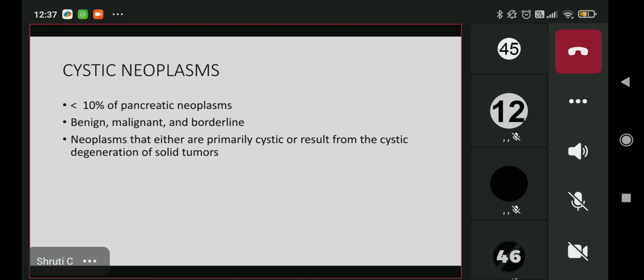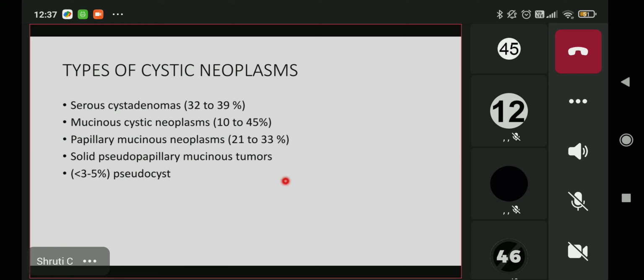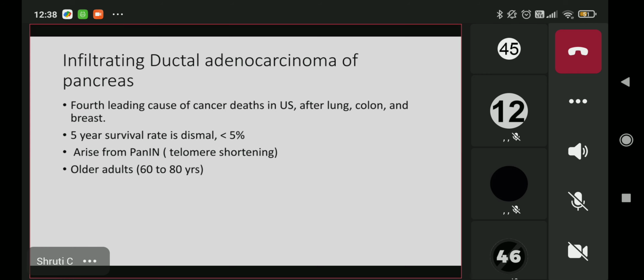And the cystic neoplasms are categorized into serous cystadenomas, mucinous cystic neoplasm, papillary mucinous neoplasm, and solid pseudopapillary tumor. But in the end, after this lecture is complete, I'll share the PPT, and in a few slides I've mentioned some brief details of these lesions. So you can later go through these slides by yourself. Okay. But today's topic is ductal